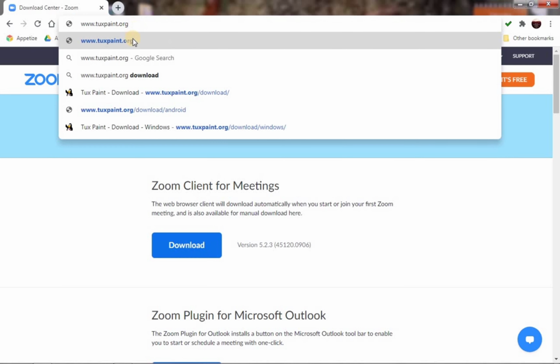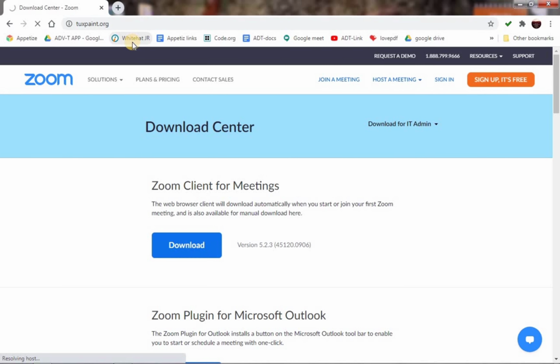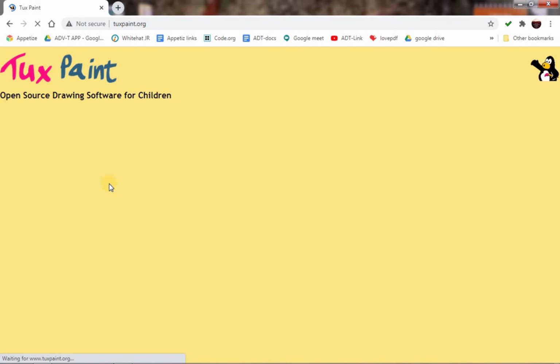The moment you write this, in some time you will see the page for TuxPaint will appear. What is TuxPaint? It is a paint application which mostly small kids use for getting that idea of painting.